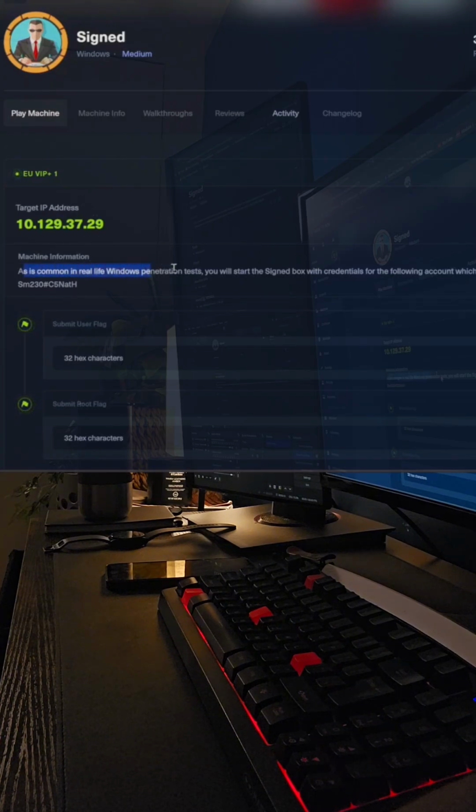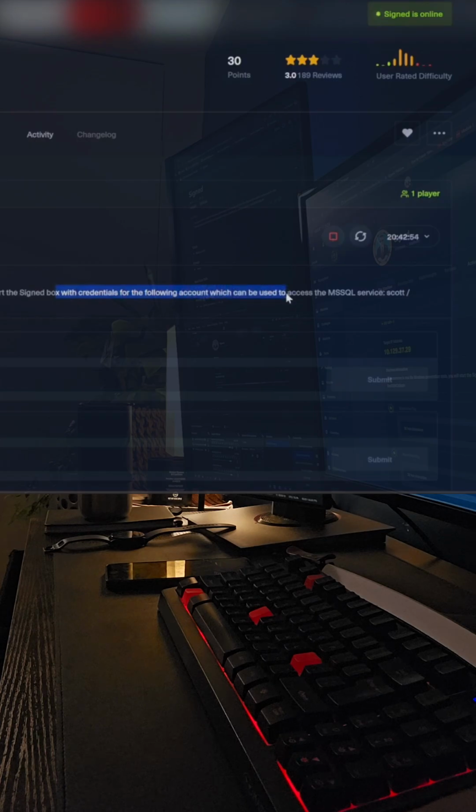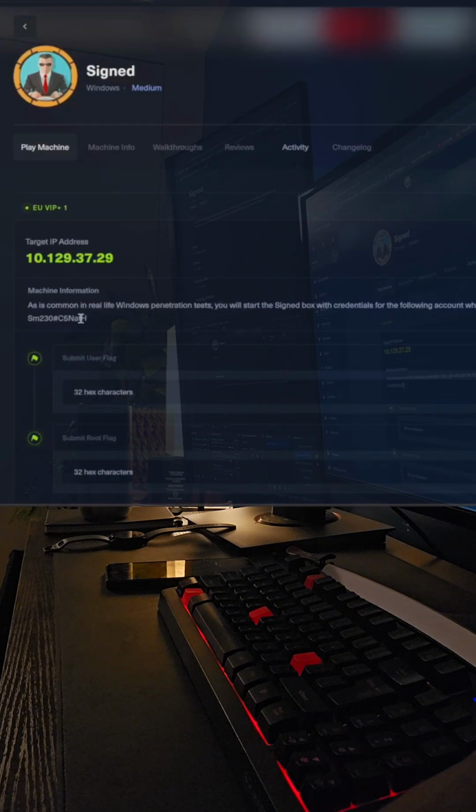Right away they're gonna give us credentials for the following account that can be used to access the MSSQL service. The principal is gonna be Scott, and here's his password. So that's great. We're already given credentials to a service. Let's copy the IP, jump into a terminal,